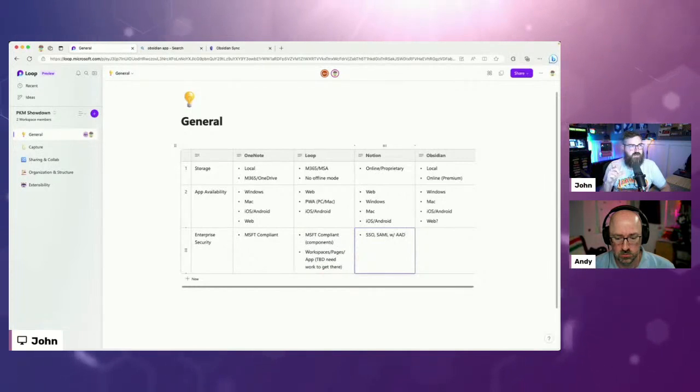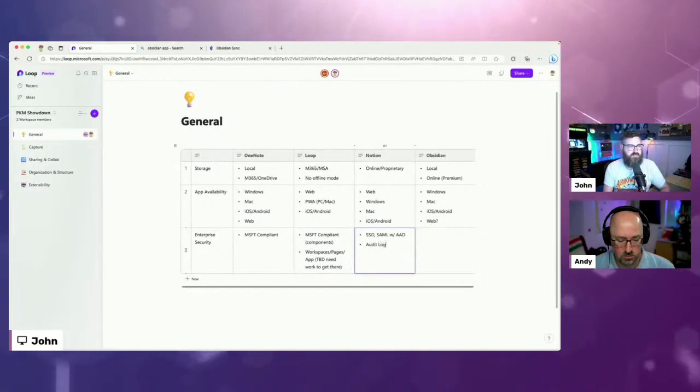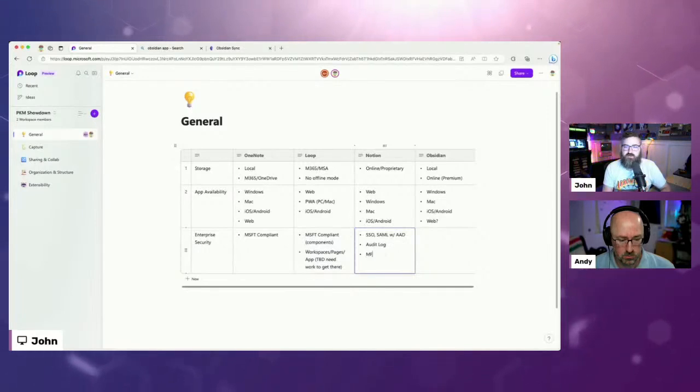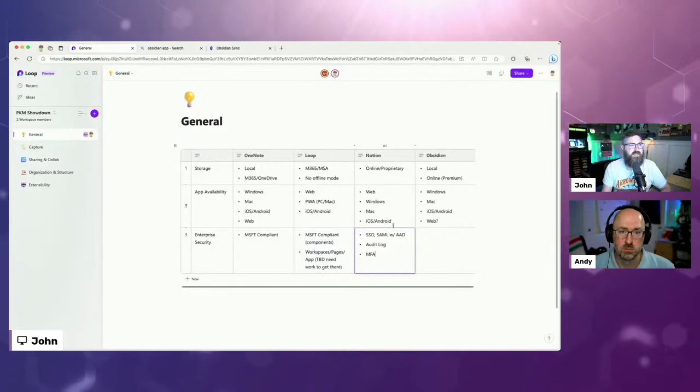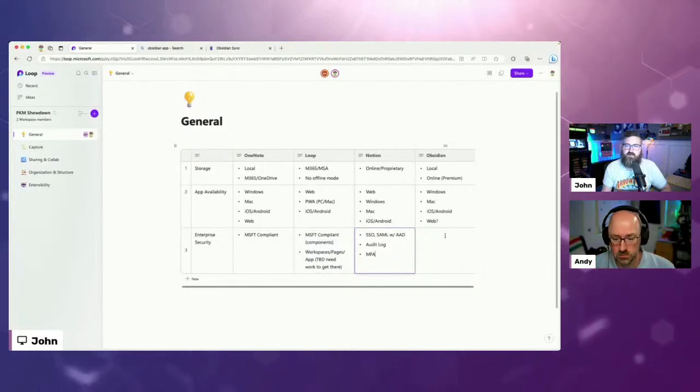So people can log in with their Azure credentials into Notion. It has its own audit log, which is proprietary, within Notion's admin area, and you can do MFA. You could do multi-factor authentication and basically force that for your team space, is what they call it.